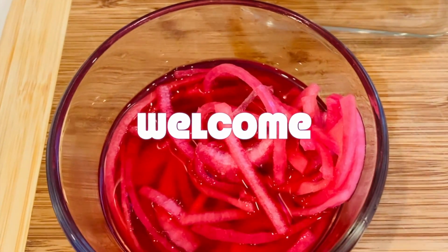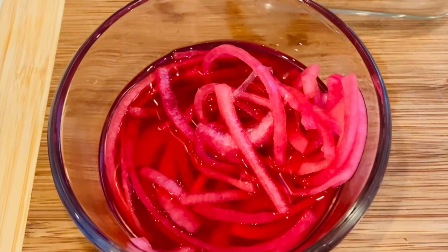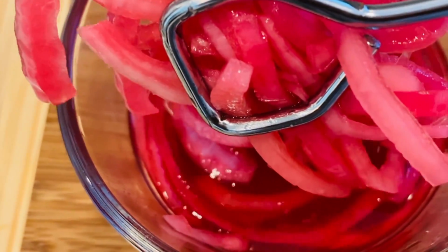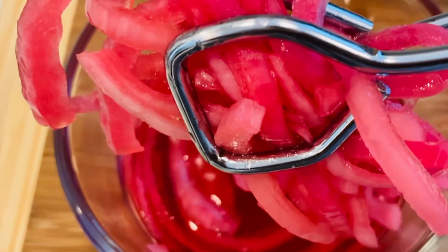Today I'm making a really quick video on how to make pickled onions. Pickled onions are incredibly easy to make. It is great to have on hand in the fridge to add to your salad, sandwiches, hamburgers, tacos, just to